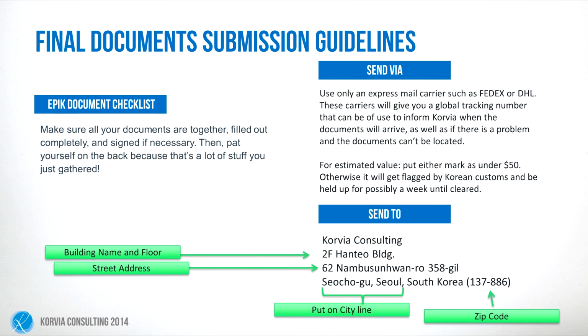All right, and where are you going to send it to? You're going to send it to Korvia Consulting. You can also put Korvia Consulting, aka, and also your recruiter's name. That helps out a lot. Second floor of the Hanta building, and 62. This one always trips me up. Nambu